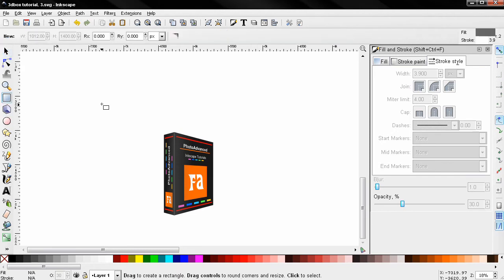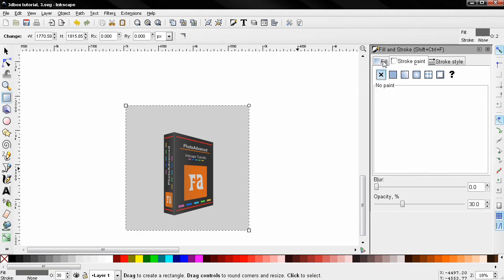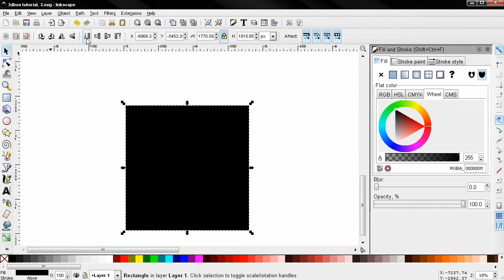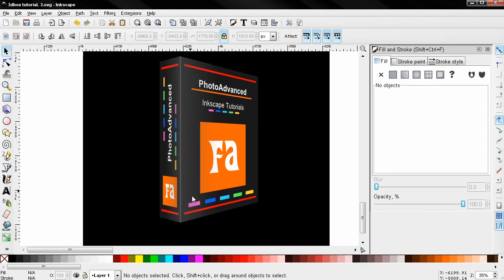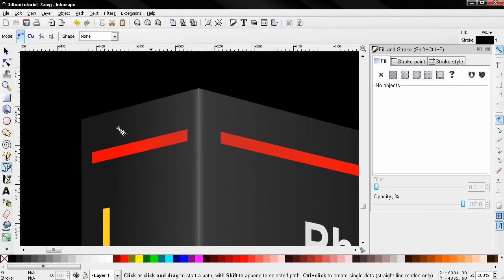Next I'm going to create another highlight, but before that let's create a black background so we can see better how these highlights look. I'm going to send this object to the bottom, and now we can see better our box and highlights. And I want to create another one here with the Bezier tool. I'm going to click here, then around here, enter key to finish,